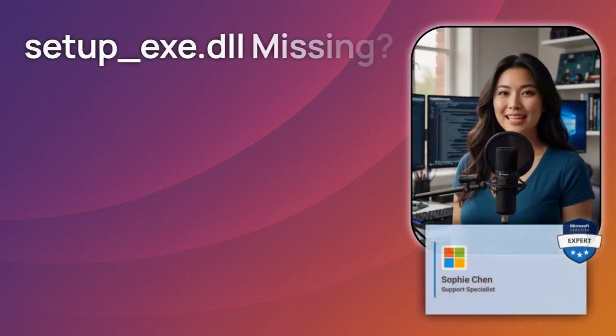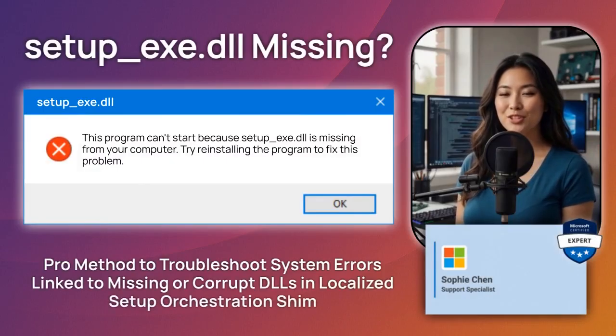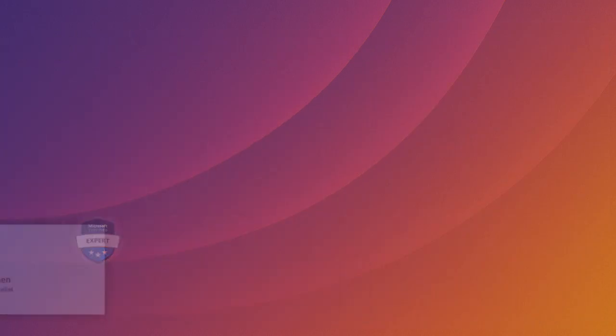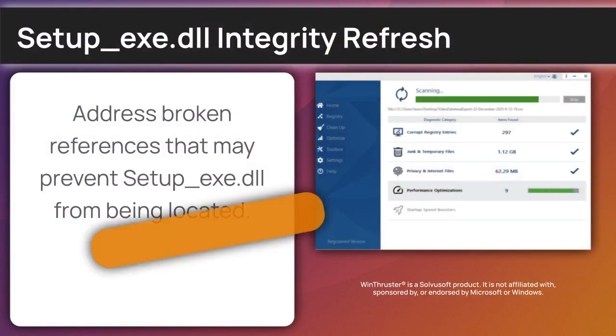Are you being annoyed by the setup exe library DLL error causing system instability? I'm Sophie Chen, a senior Windows support engineer, and I'll walk you through the diagnostic steps to fix your execution path. As we look at the manual steps for setup exe library, there is also a diagnostic resource for reviewing